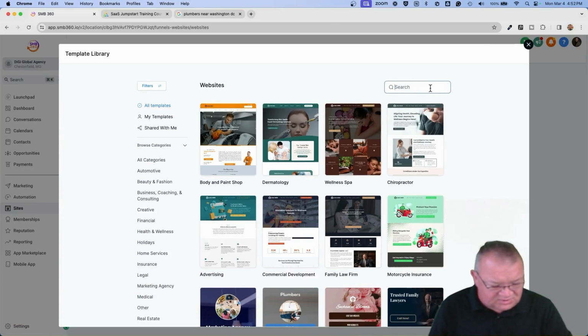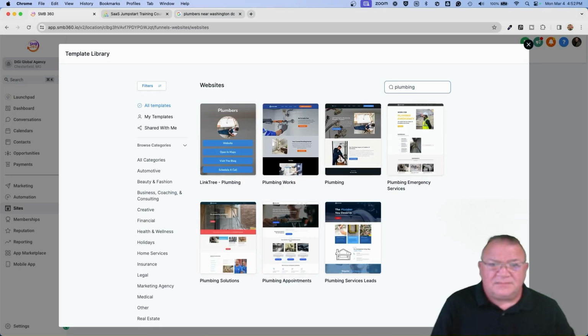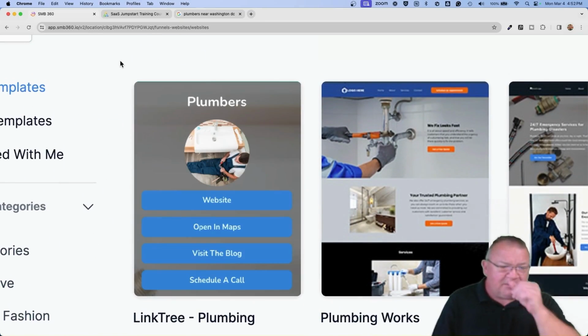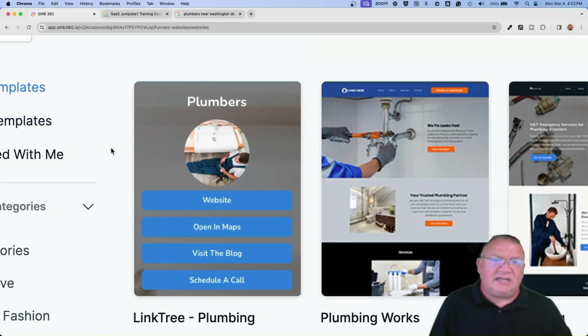You can come up here and just simply search. Let's just say if you want to do plumbing, you have this nice little page. If you take a look here, this is a preview. I don't want to hover over it and mess it up, but this is what they call a Linktree page. If you're familiar with Linktree and how to use Linktree, this is a quick Linktree page that you can build so that plumbers can use this Linktree page on their social media sites, because Linktree costs now. If you really want to use the advanced version of it, Linktree costs every month. Well, your client doesn't need to pay for that. You can give that to them here.